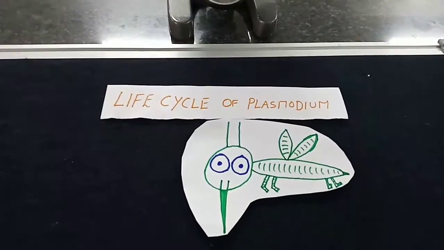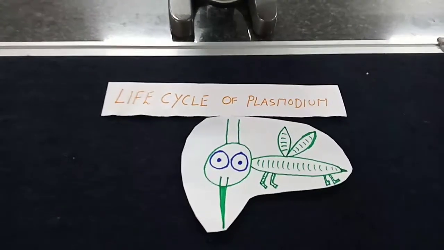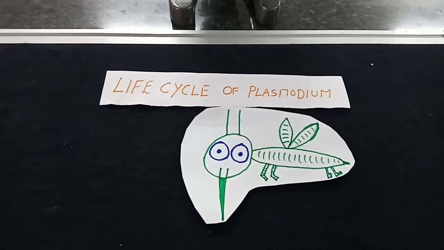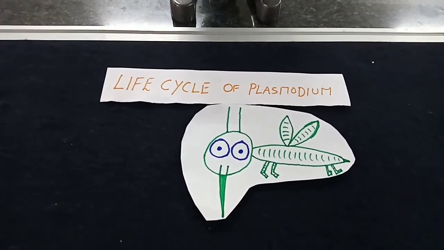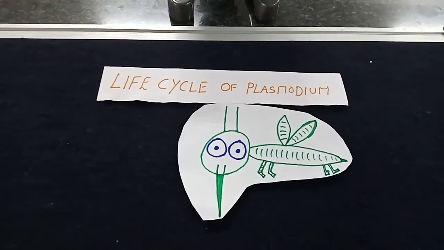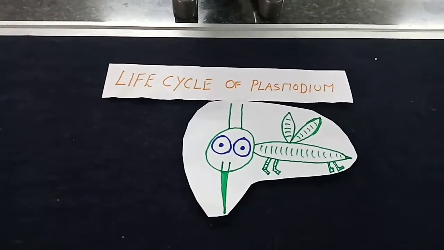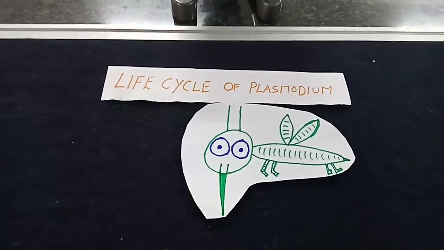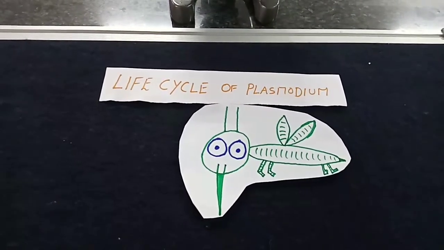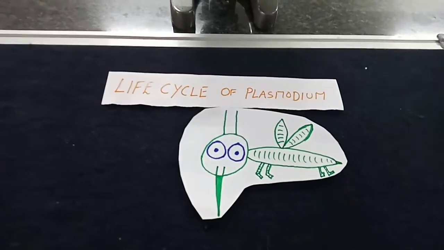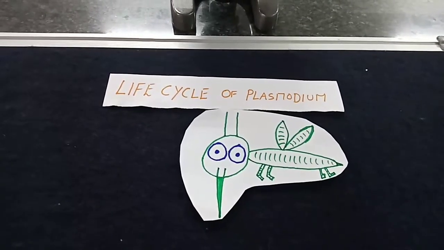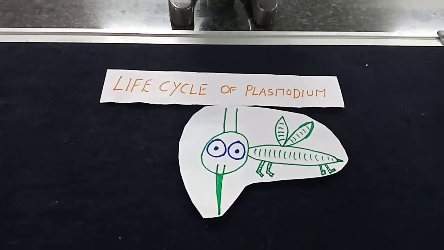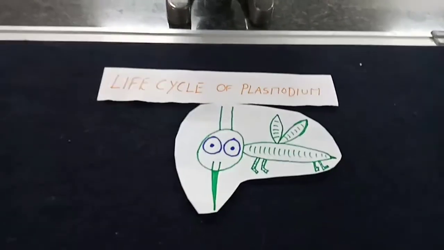Hello dear students, here I am going to explain the life cycle of Plasmodium. It is nothing but a type of protozoan. We have already studied the bacterial diseases that include typhoid and pneumonia, and you have to remember the causative agent of both the diseases. And then we discussed the viral diseases, particularly HIV, correct? That is the life cycle of HIV, which normally causes AIDS in human beings. We know about it, correct?